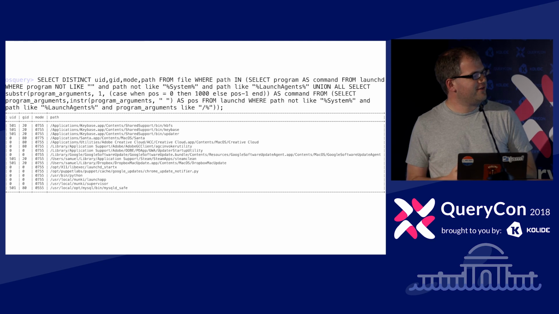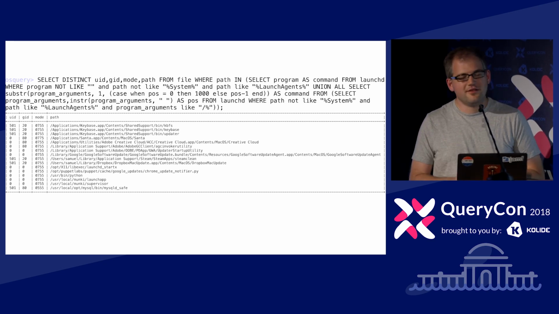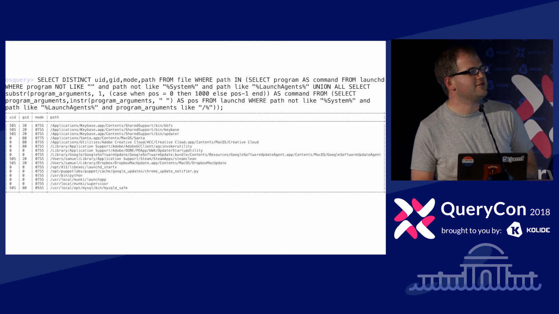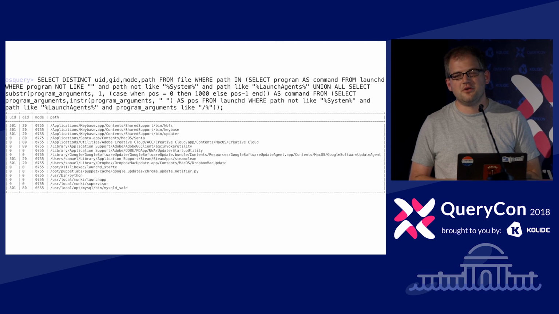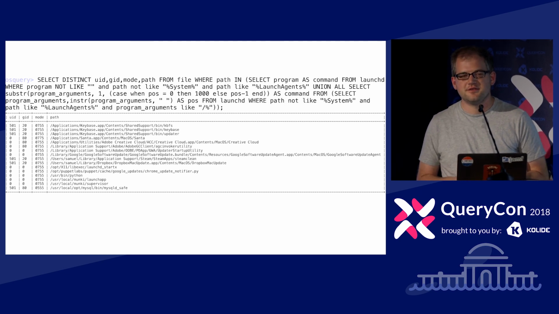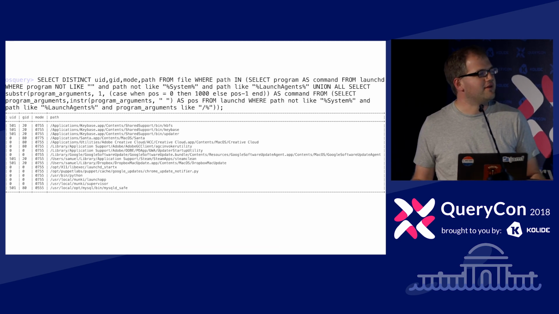So what I wanted to do was find all the files, and I only wanted launch agents. I did not want launch daemons. Launch daemons are services that run as root. And I also wanted to ignore anything that was in the system folder. So the system folder is basically owned by Apple, and it's going to have a lot of things in it.